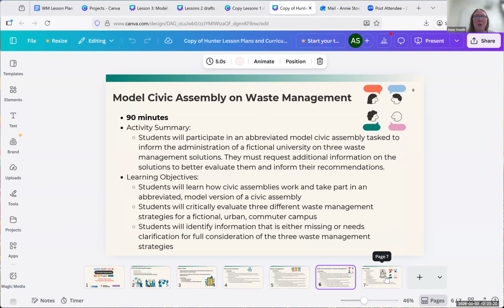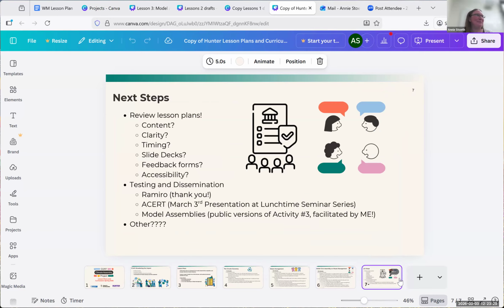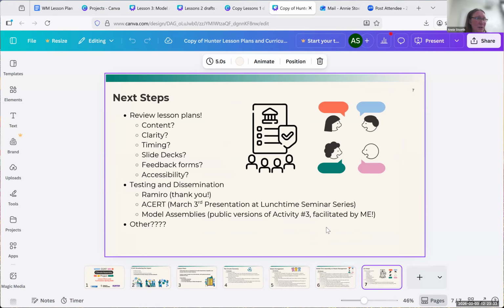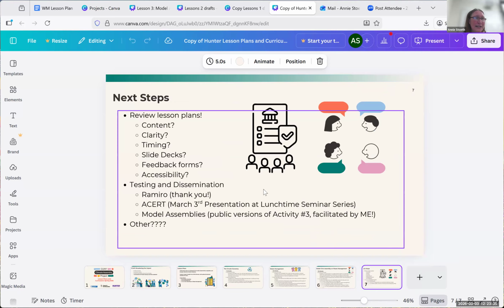So what I'm looking for, I guess, in the next week or so, if you guys have any feedback, is just how does this sound? Like most of you, I imagine, are not teaching political science or environmental science classes. Do these lessons seem like they could have a place in a course that you were teaching?